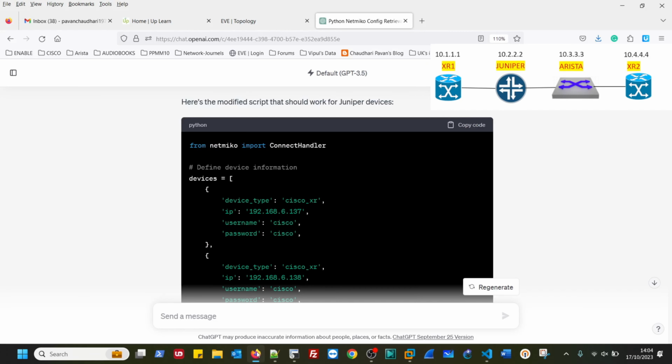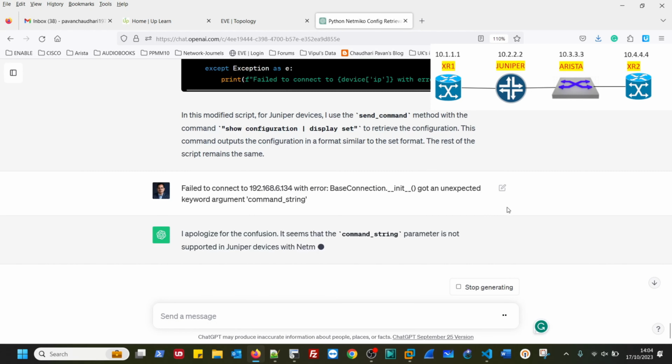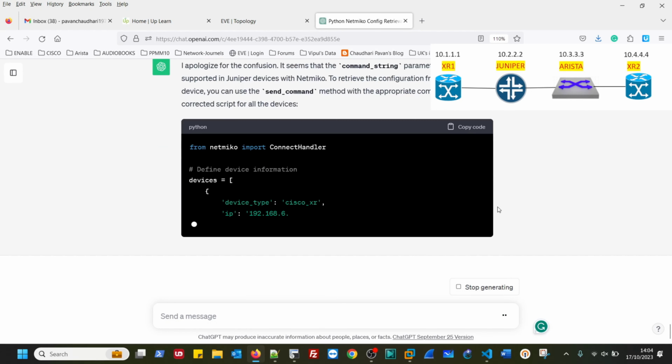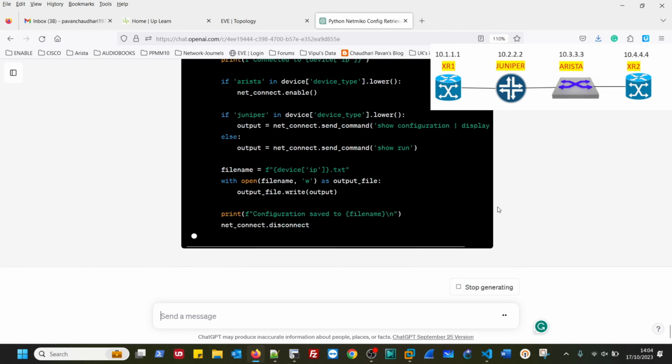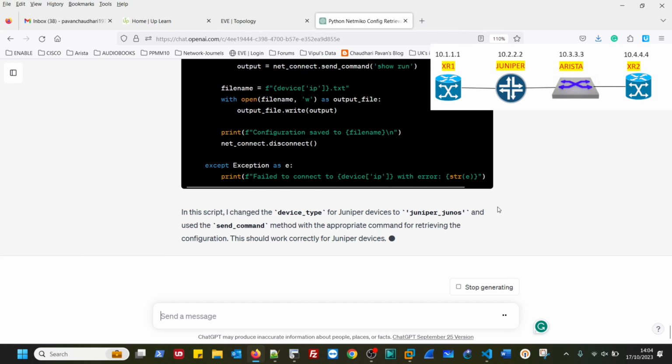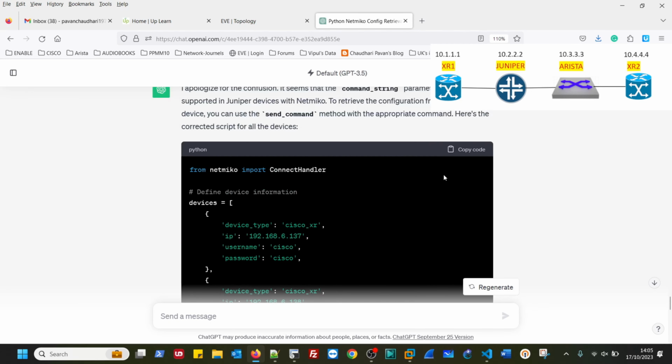So let's copy and paste this error into the ChatGPT. I changed the device type for Junos to Juniper Junos and then send command. So it's giving whatever changes it has done. So let's copy it and paste it